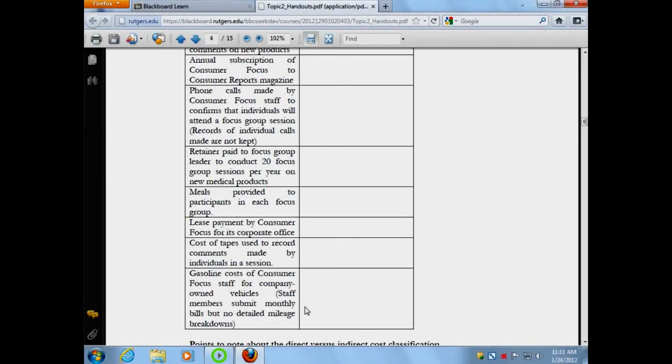What makes a cost indirect really is that it cannot be broken down and associated with each cost object in a relatively easy way, whereas a direct cost can be associated with individual cost objects in a relatively easy way. That's what economically feasible means. Okay, so if you go back to our original example with the bistro, let's look at cleaning and maintenance supplies. We put that as an indirect cost.